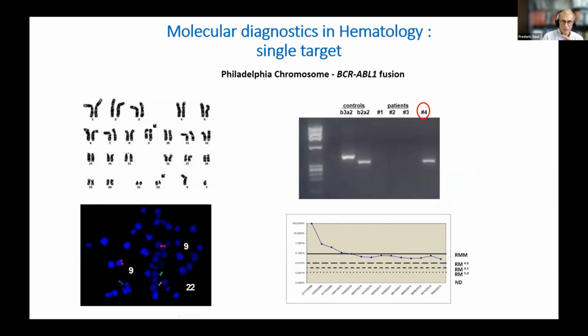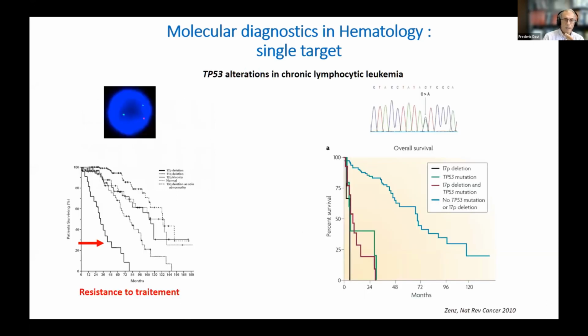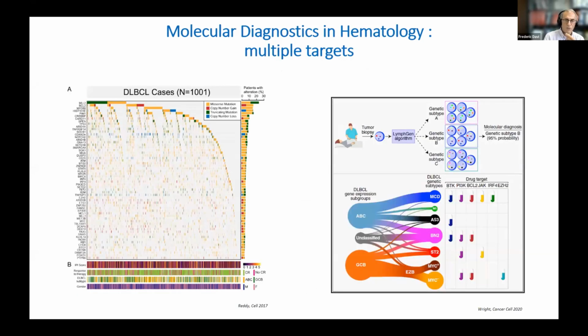So this is probably one of the oldest tests that was developed in the lab, and we have just gone through the accreditation. Same thing, single target like TP53 alterations in chronic lymphocytic leukemia can be assessed both by chromosome and genes. And this is important as a prognostic indicator, but more and more to decide which treatment will be given. Of course, as has been shown before, we more and more use